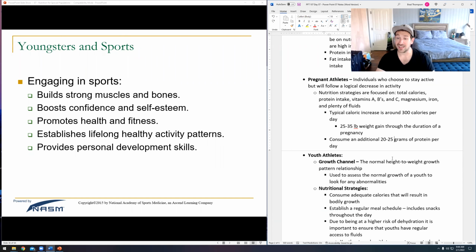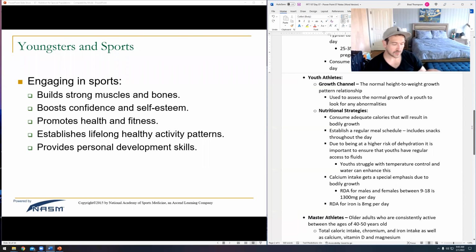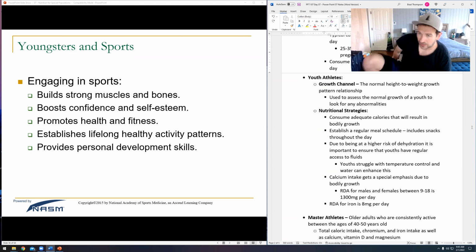All right, let's talk about kids. What about you training youths? Next module, we're getting into an entire module on how to work with youth clients. When we're measuring whether or not obesity is a thing, we're going to be looking at what's called specific growth channels. A growth channel, by the way, is not a physiologic term. It's just a medical term that we use to understand how kids actually grow.